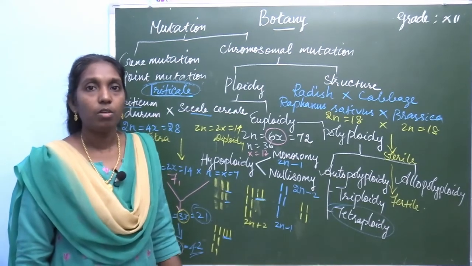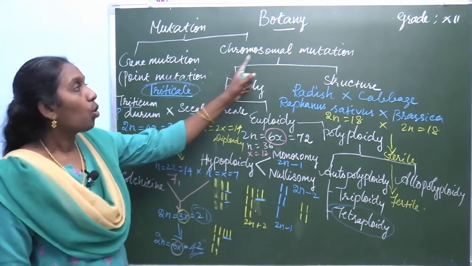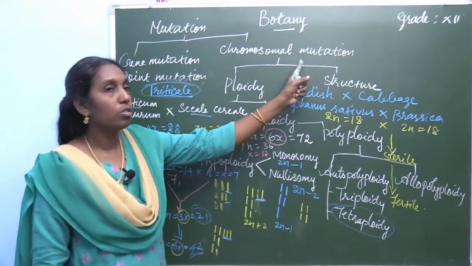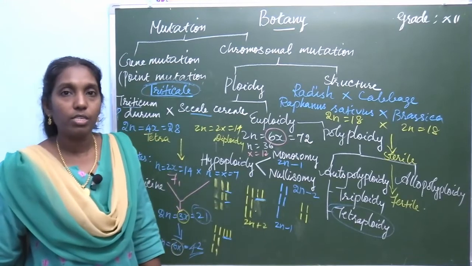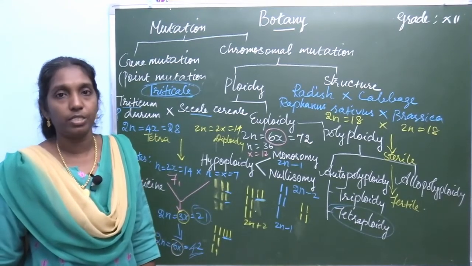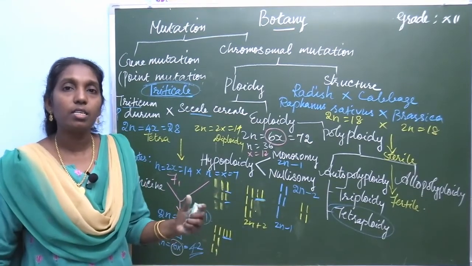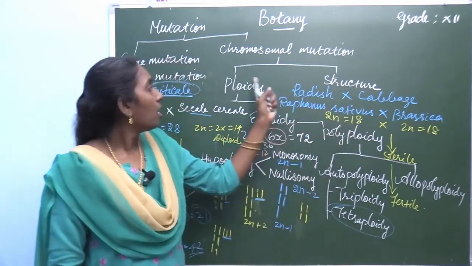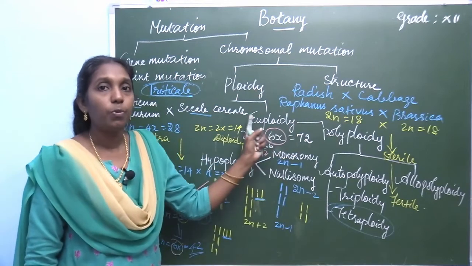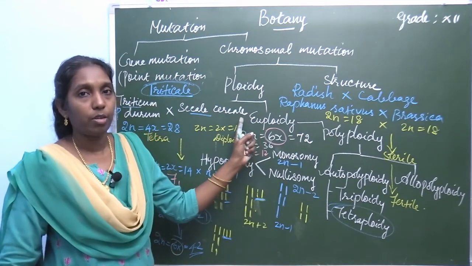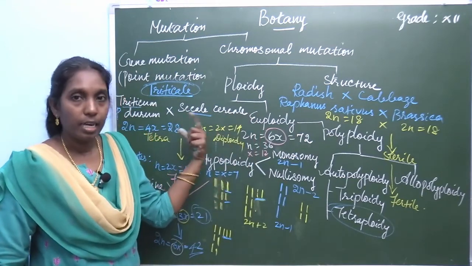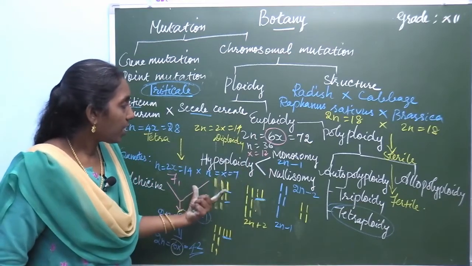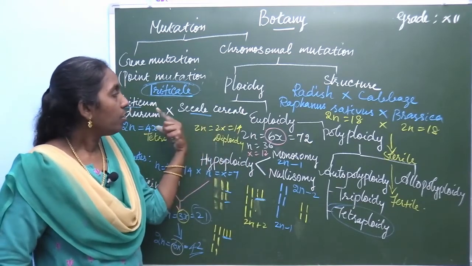So just recall what you learned today. Chromosomal mutation is otherwise called chromosomal aberration, alterations in number or structure. Structure, let us see in the next class. Today you concentrate on ploidy. Very important 5-mark question: ploidy, the various types of ploidy. It is classified into